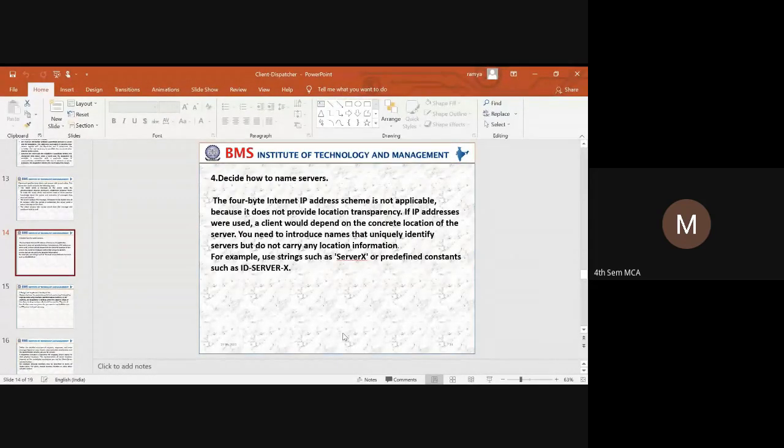That cannot be taken. So what you need to do is name it by using strings. If you want to have access to the server, it should be specified as server X or ID server along with the IP address. The server name can be specified with constants.